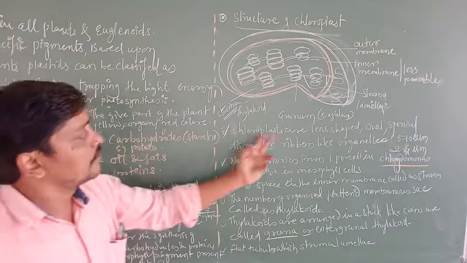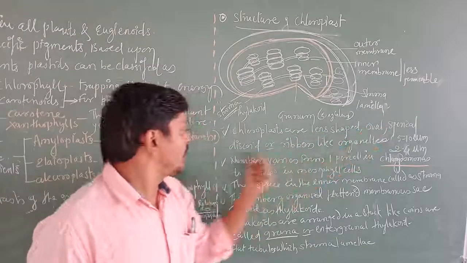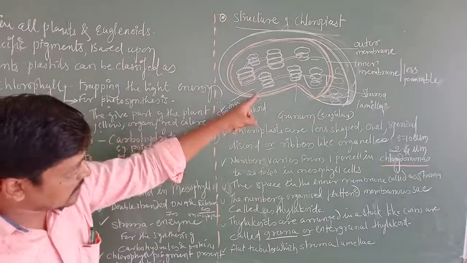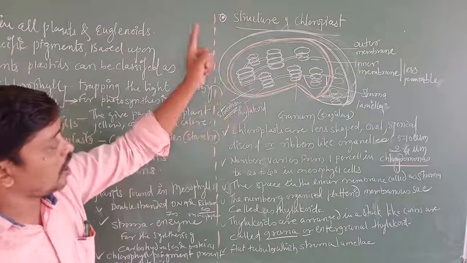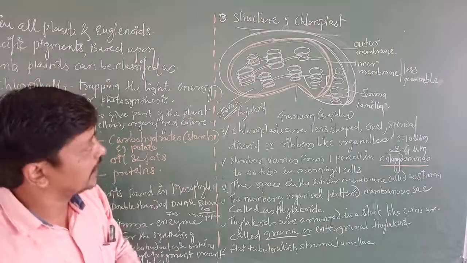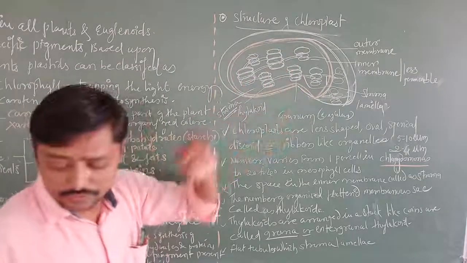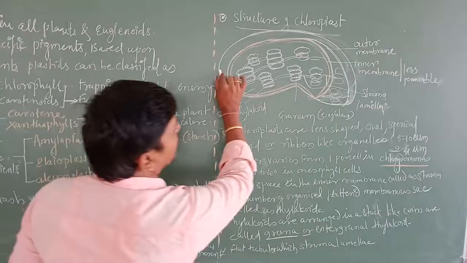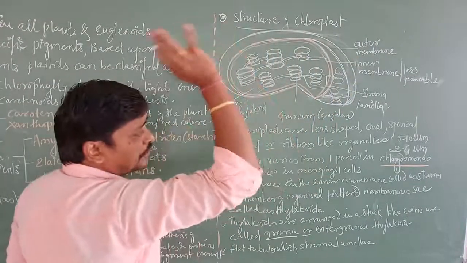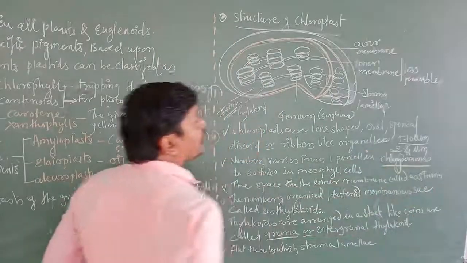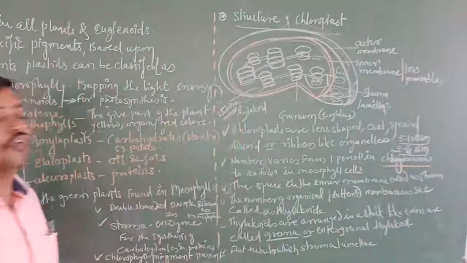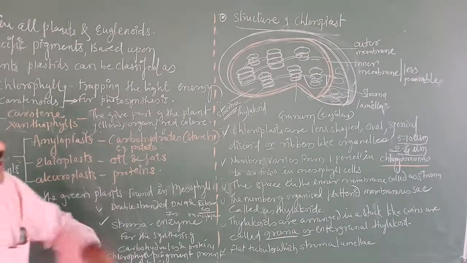The chloroplasts are lens-shaped, oval, spherical or discoid ribbon-like organelles. The measurement, in the sense, this is what we call the length and this is the width. The length of the chloroplasts is usually 5 to 10 micrometers, and the width of the chloroplasts is usually 2 to 4 micrometers. And what is going to happen? The